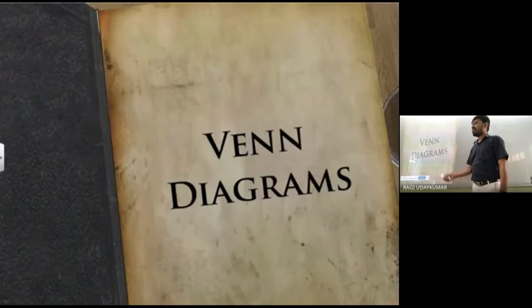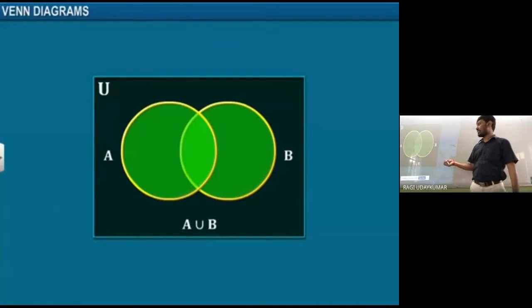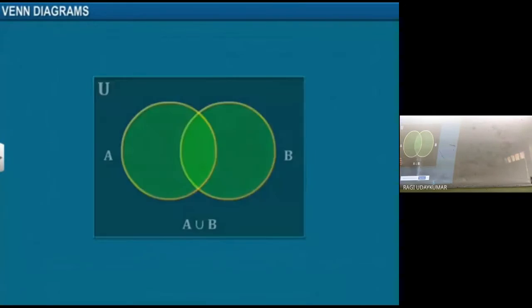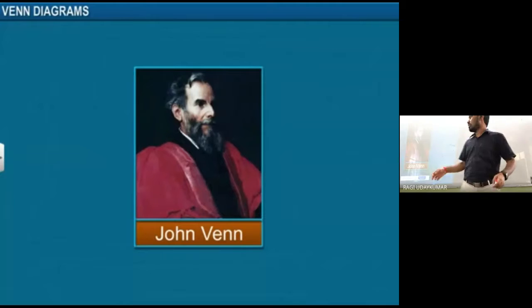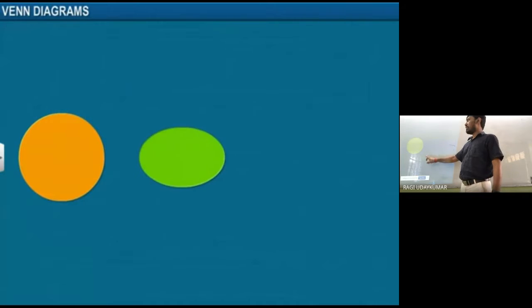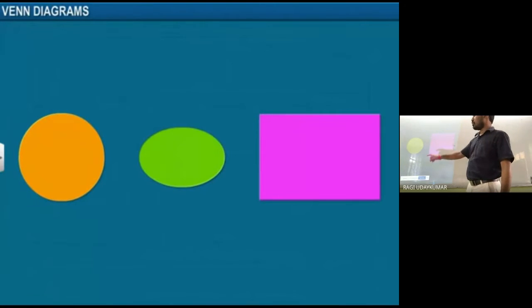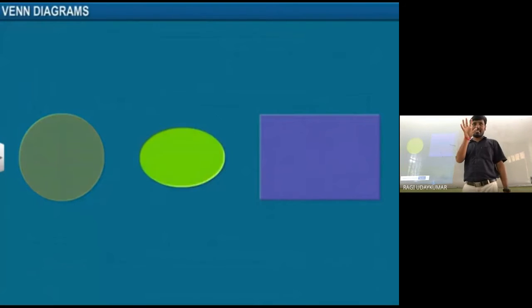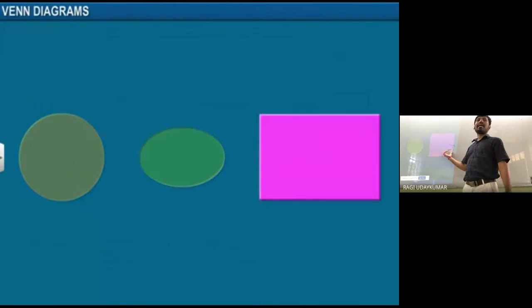So in the sixth chapter, Venn diagrams you see here. First, Venn diagram is nothing but diagrammatically we will represent the sets. Sets को diagrammatically represent. Okay. So how do we represent? It was invented by John Venn. So usually we use ovals or circles to represent the sets, and this rectangular shape will